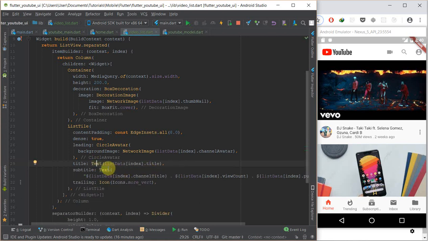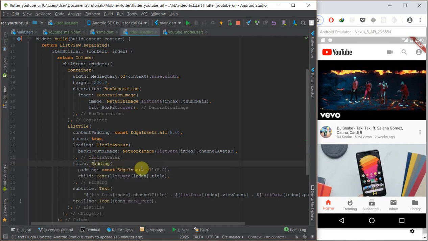Let me go back and tell you what I did. For this title, we want to add a padding at the bottom, so this stuff could shift down a little bit. So I just clicked on the title text and held down Ctrl and Alt. Then this option comes. I could now add padding,